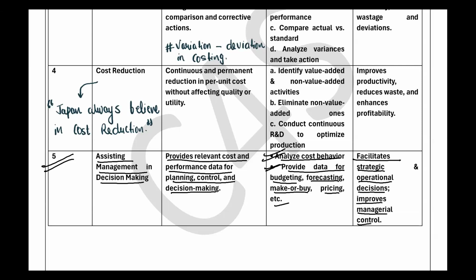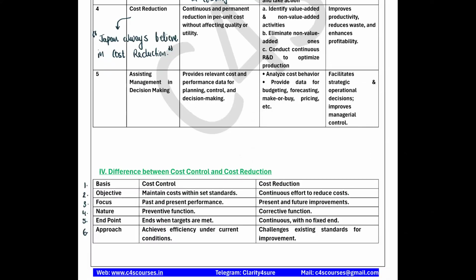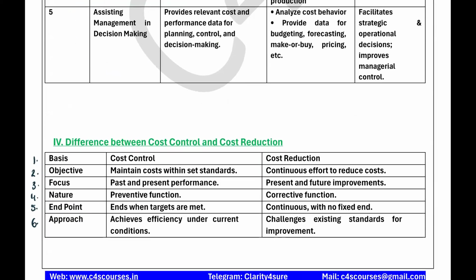So when cost accounting gives this to management accounting for decision making, it will facilitate operational decisions, which help managerial control. Obviously the thing is very clear, and I hope till here it is very clear. There are some key terms that you need to understand, because they are important for your MCQ. When you take your MCQ, it is very important, right?